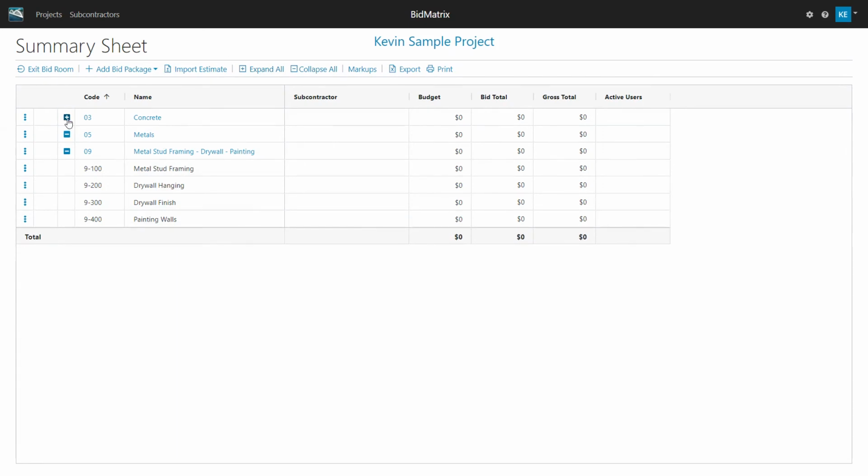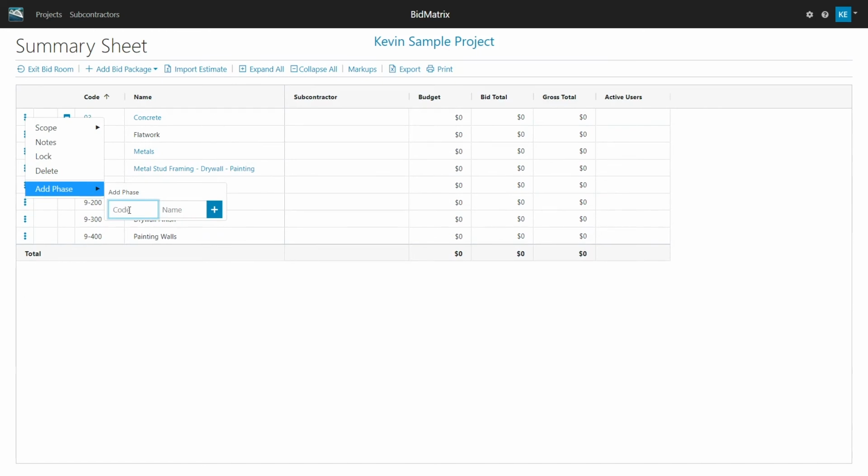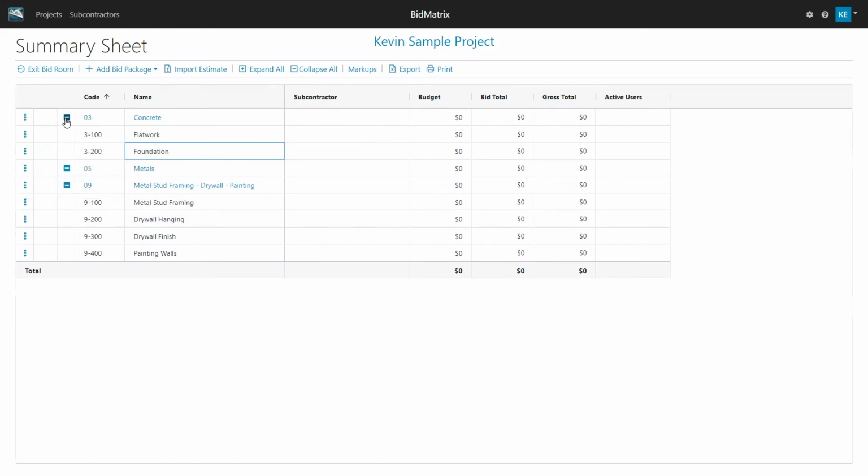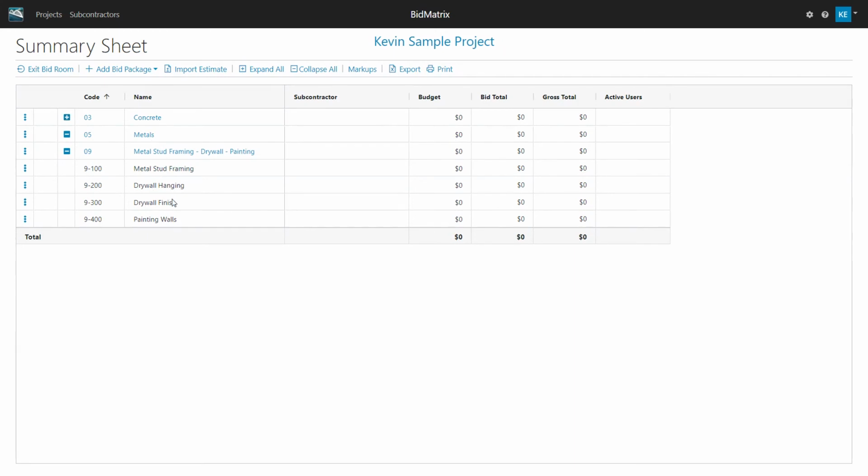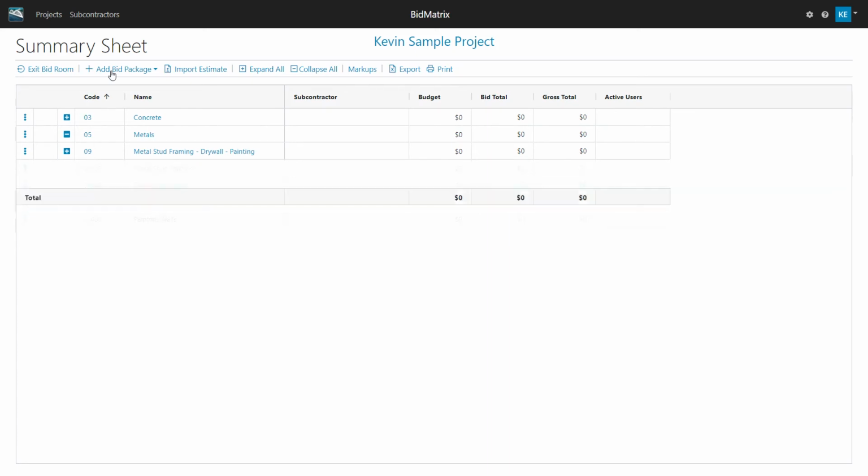So I'm going to come back and just add a couple more things to concrete too, just for an example. So if I go to add phase here, and let's say that I want to add the same type of look. So there again, these are just going to be the sections that I'm going to analyze for my bids and so forth. So now that I've got at least a bid package set up,